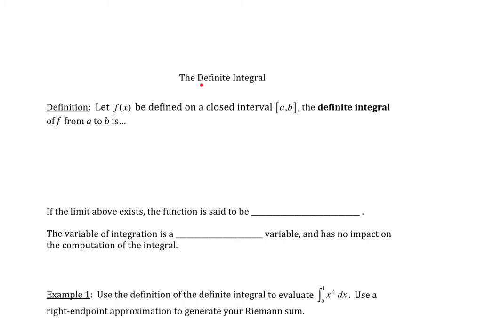Let's talk about the definite integral, okay? Now, before we approximated the area under a curve with a Riemann sum. So you had the sum as i goes from 1 to n, f of xi star times delta x. And remember, this was really just the areas of rectangles,